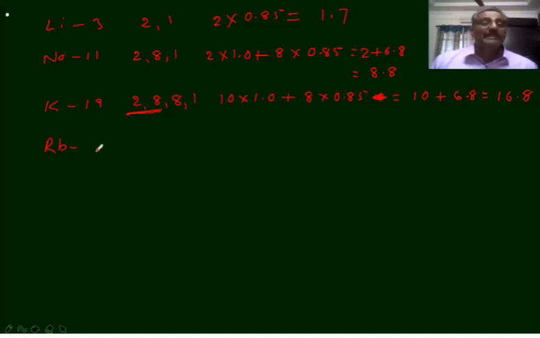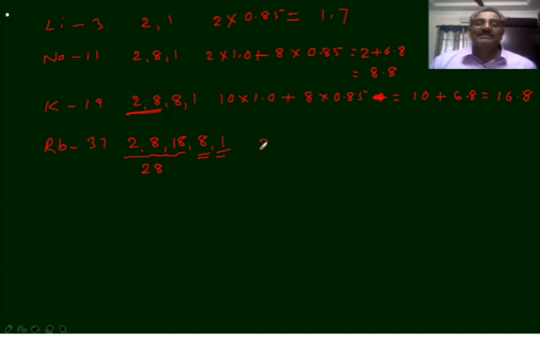Atomic number of rubidium is 19 plus 18, that is 37. Electron distribution is 2, 8, 18, 8, 1. For the outer electron, which is in the fifth shell, the penultimate shell has 8 electrons, and the antipenultimate shell and shells before that have 2 plus 8 plus 18, that is 28 electrons.